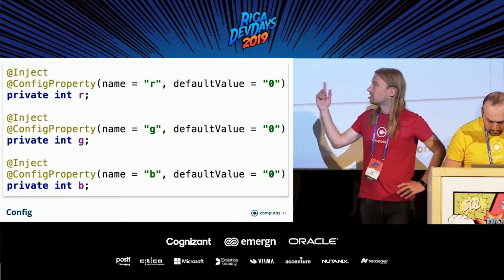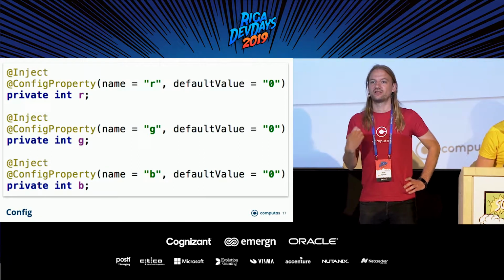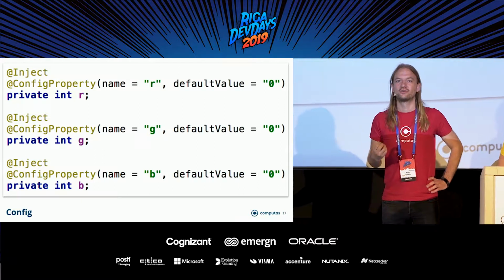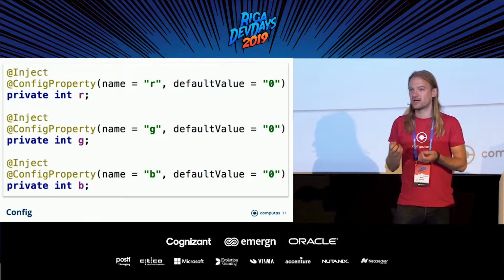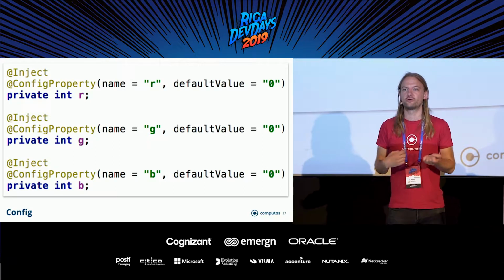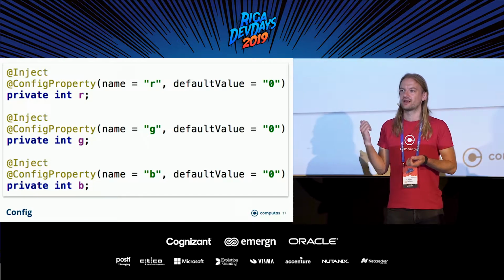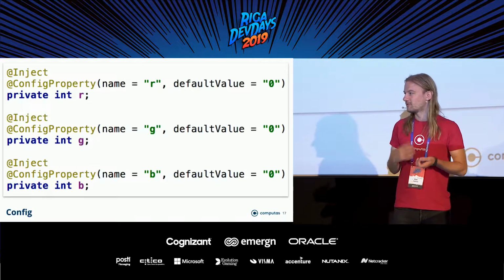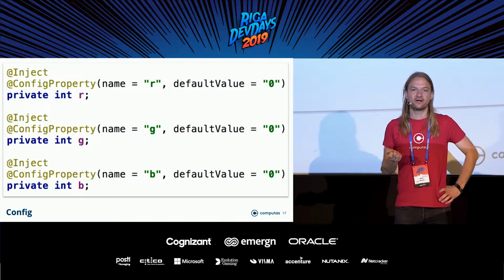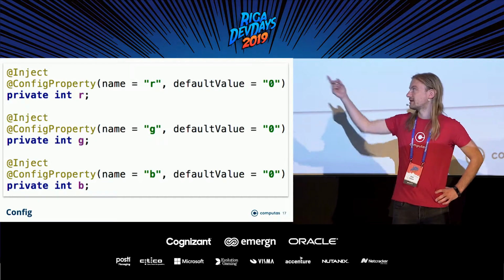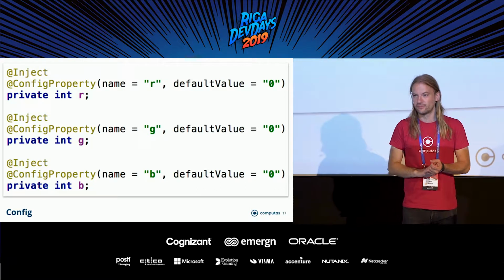So we can see that we do have some configurations. In our case, it's like, what's the default color of the lamps? So we inject using config properties. And these properties can be injected. So if you're using Kubernetes or OpenShift, you can do this with config maps, and they will come into here. Or it can also take system properties, like from your OS environment. And you can also specify them in the application properties file. And if none of that hits, then you can, if you want, add a default value as well.